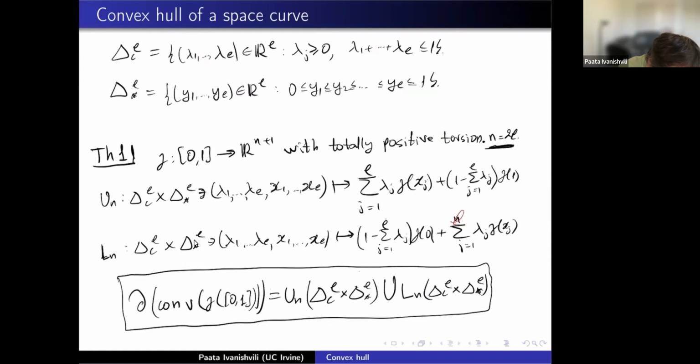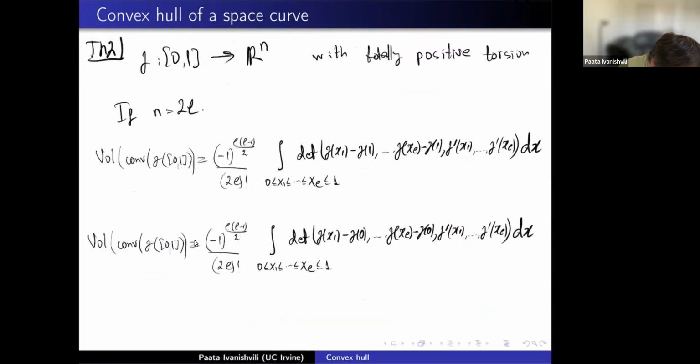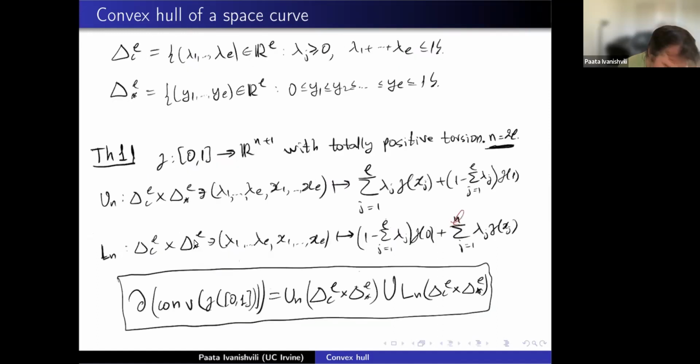When n is odd, the picture is different. It's not that you take the sum; you take some slightly different sum. Okay. Here is another theorem. So if you know